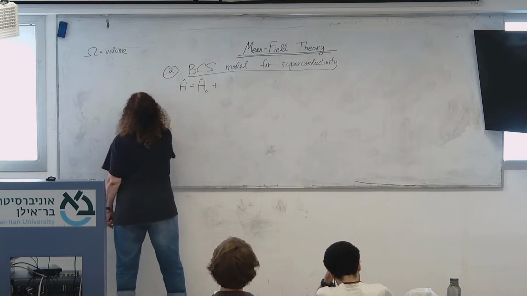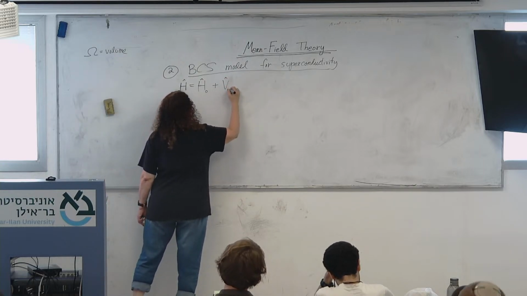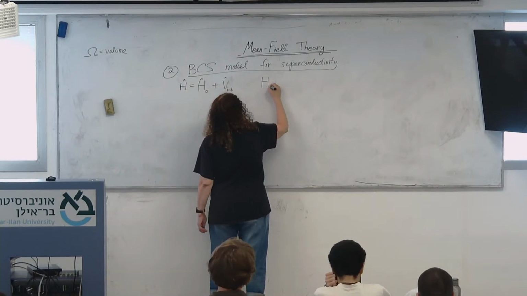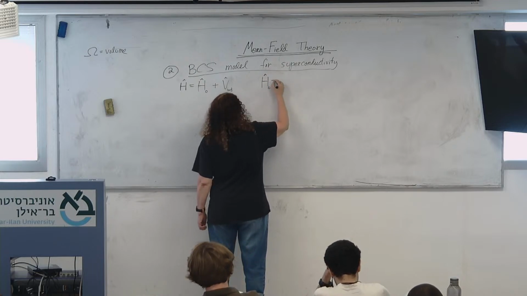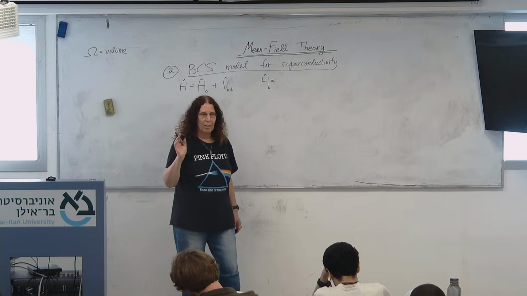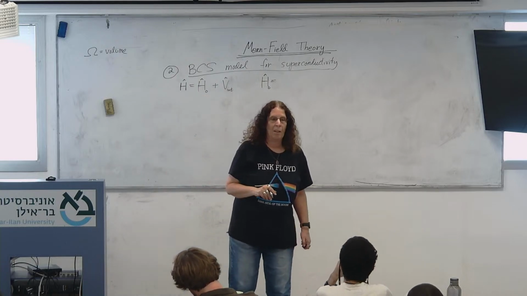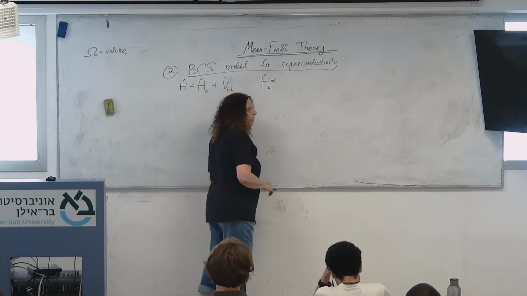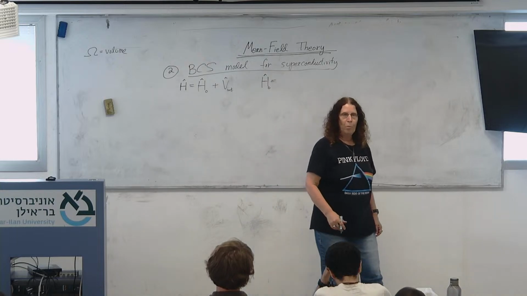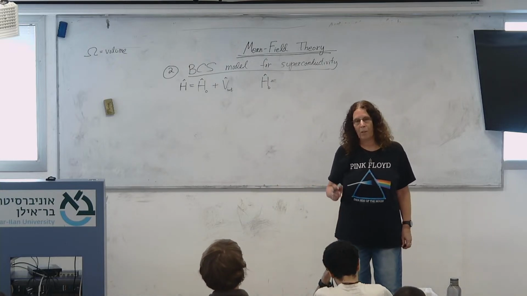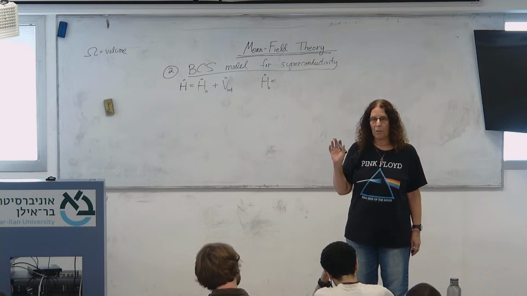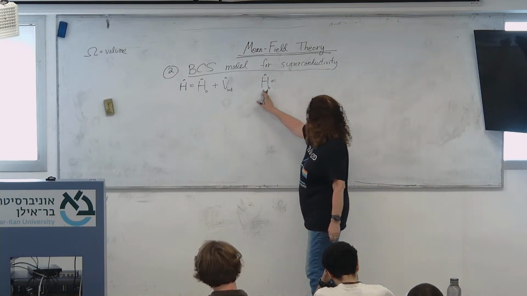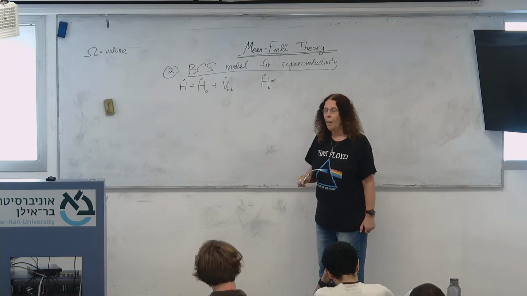Keep the notations the same, so the interaction. But now, the H naught is actually the same as what we had before, just free electron gas. But one thing that I want now to keep, I want to measure the energies not with respect to zero, but with respect to the Fermi energy. Okay, so the non-interacting system has a Fermi energy, and